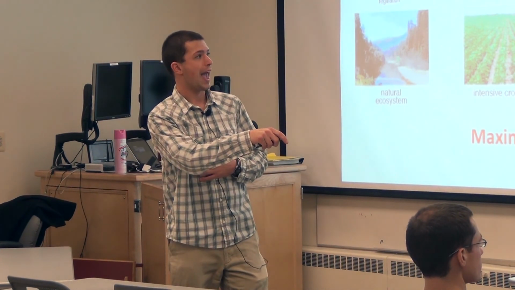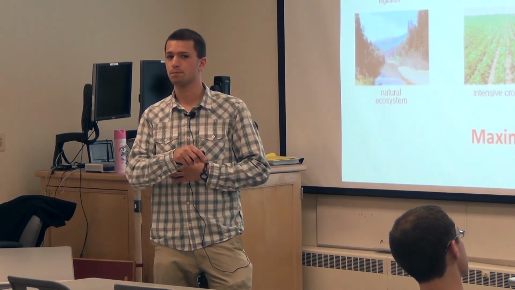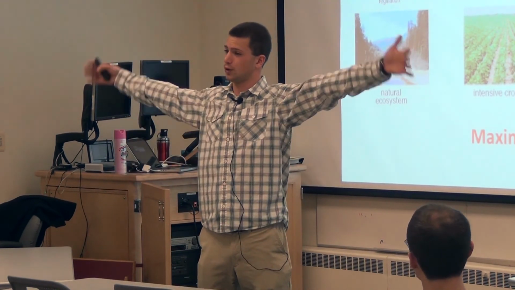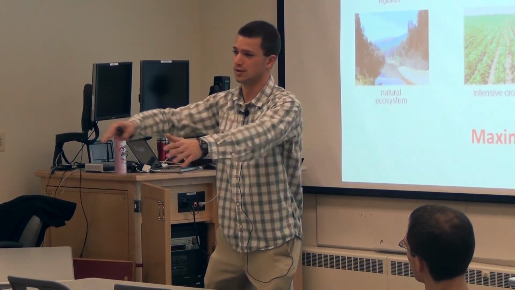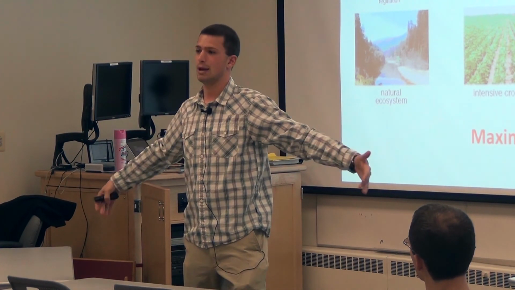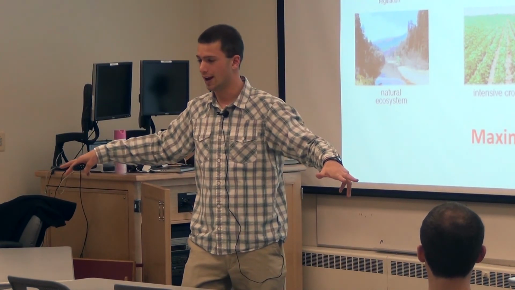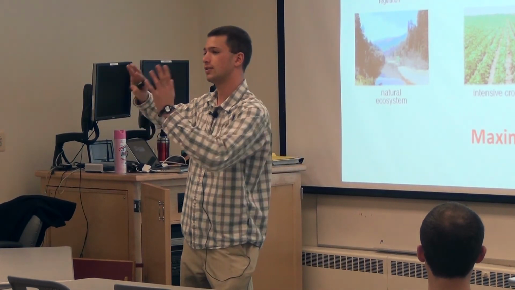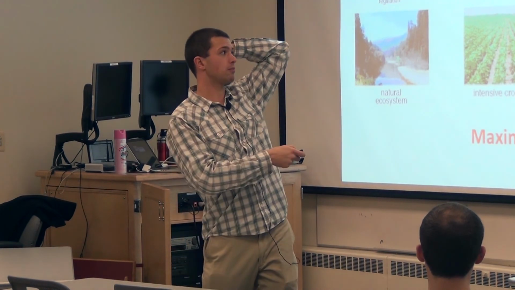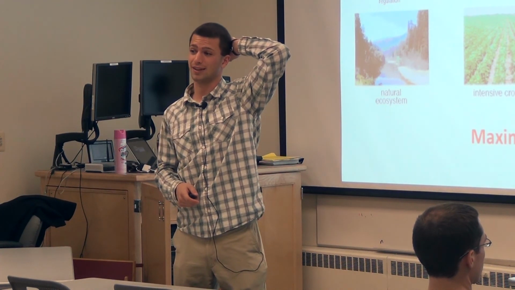But if you add up all the yellow here, it's more yellow than here and more yellow than here. So for an acre of land, you may not get as much of one variable. But if you look at a global scale, and instead of segregating all those different land uses to where we totally exclude other things, we start layering those on top of each other, maybe in the bigger picture, we'll need way less land to do all the different things we want to do, as opposed to saying we have to set aside these different areas. And so the optimization is on a larger scale. But yeah, every little ecosystem process is not going to stay the same. And that's why we need the natural ones to stick around to keep that stuff intact.